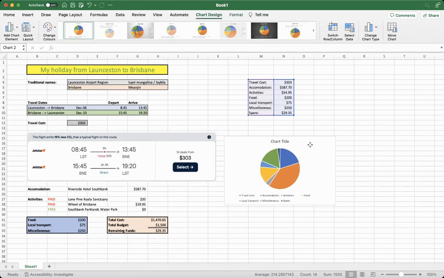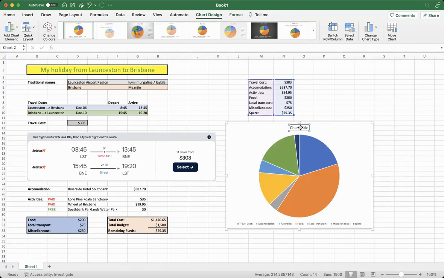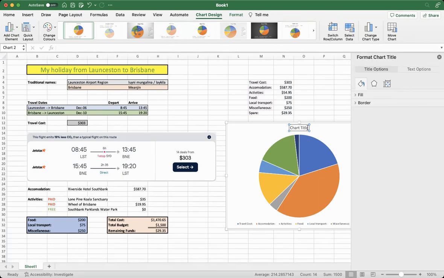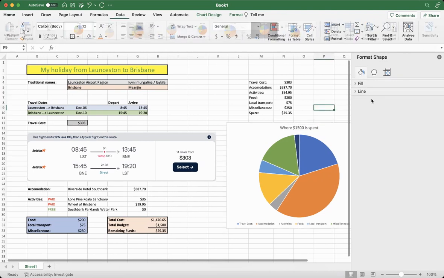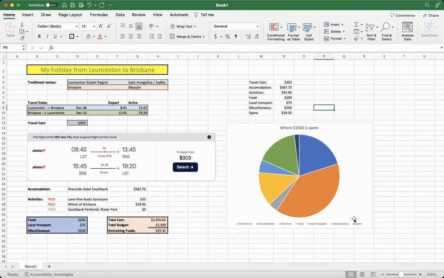And then this gives me a visual representation of where my money is going. So I can make this larger. I can also double click and select different parts of it. So it could be, give it a title, something along the lines of where $1,500 is spent. Close out of that. There are other settings I can play around with,